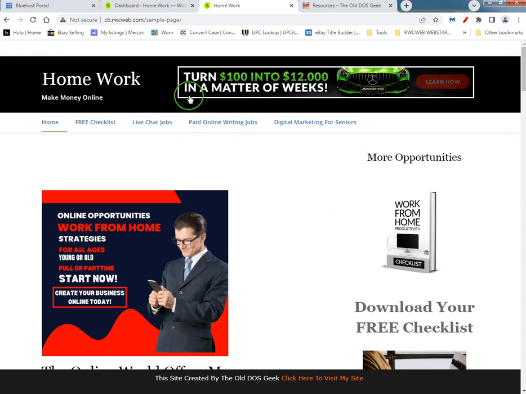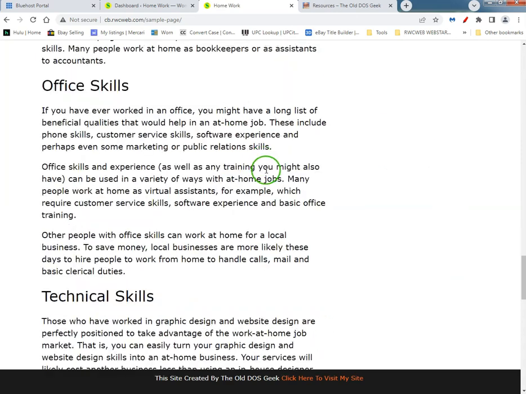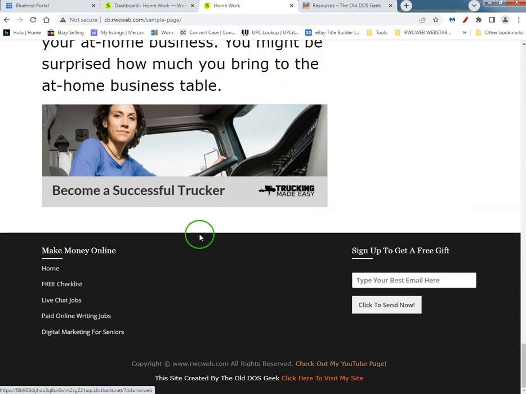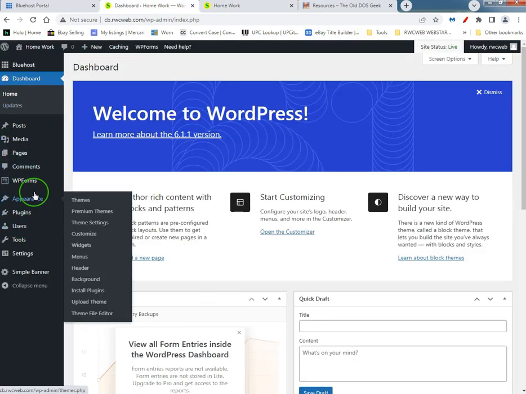Now, there's a couple different ways to do a couple different things in the header. I chose to do it in the widgets. So this is the footer menu. It's in the widget section. You edit this. So this is footer. Let me go into the widget section. Under widgets,